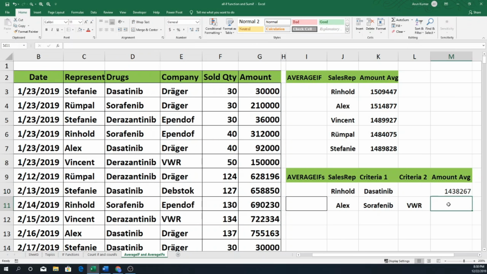And now we will check another example where we have two criteria. Here Alex, the sales representative, must fulfill the first criteria, sorafenib, and then VWR. If he has both these criteria, then we want his average amount. So let's check how we will set these two criteria and get the average amount for Alex in this condition. Again we put the equal sign,